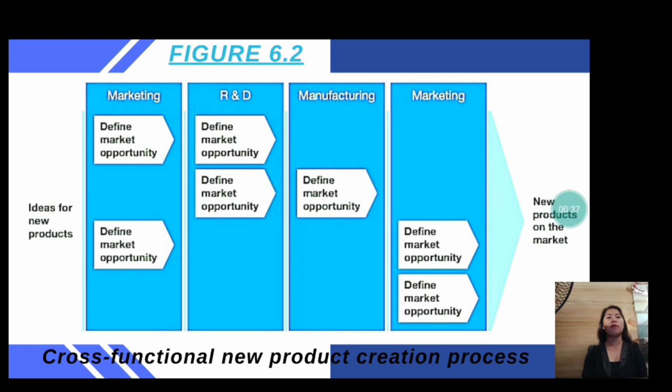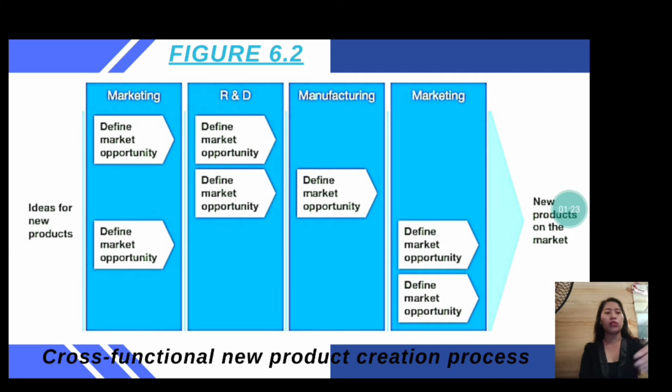So, of course, una ang brainstorming ani. Brainstorming of ideas for new product, then after that, from marketing to research and development to manufacturing and back to marketing again, they will identify whether that idea for a new product has an opportunity in the market. And once they prove na the whole PCP and SCP or total design process and development will happen, then eventually the product or service will be launched in the market.